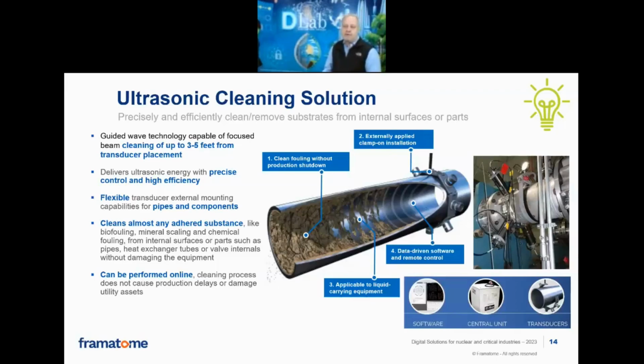There's over 100 applications with this tooling outside of our industry, with the main focus around areas like mineral buildup, contaminants that could be causing heat transfer loss, and able to clean things such as piping, heat exchangers, or other systems that may need a mitigation over a long term. So with this technology, we're able to go in and lift those contaminants off the piping and efficiently move it down the pipe. Next slide, please.